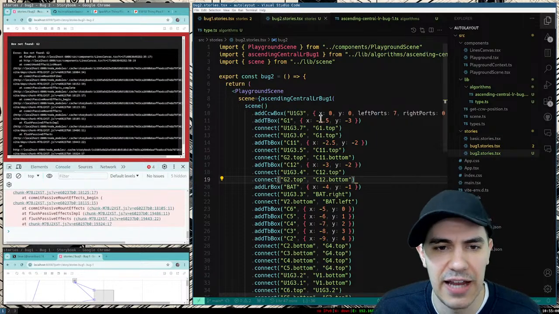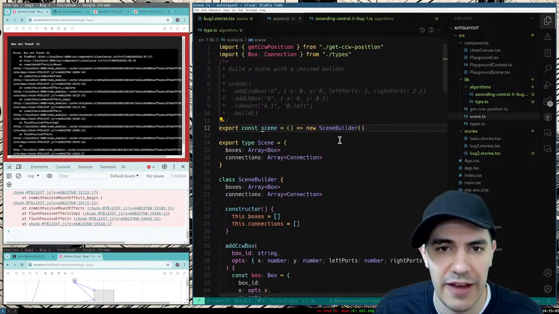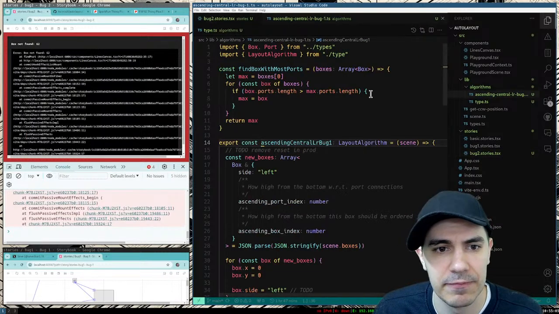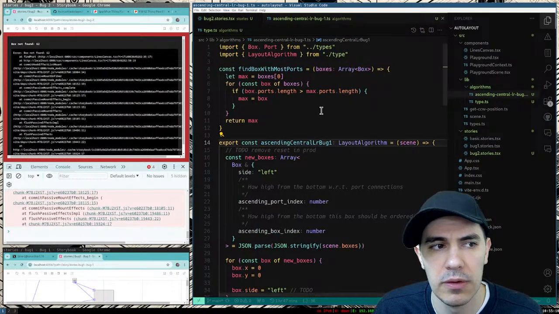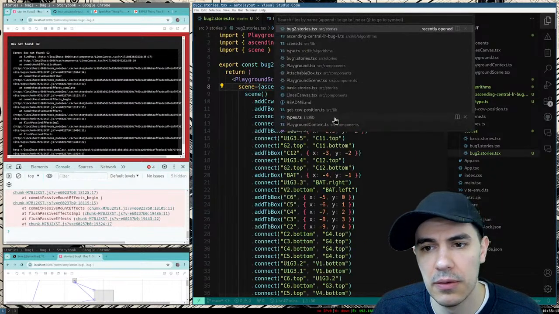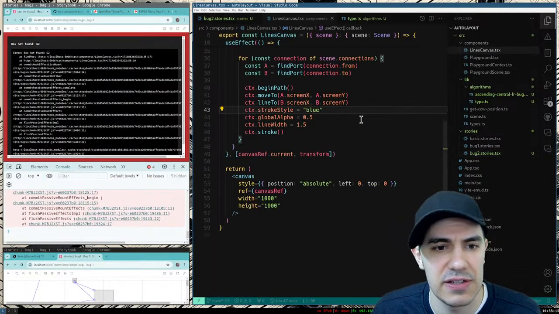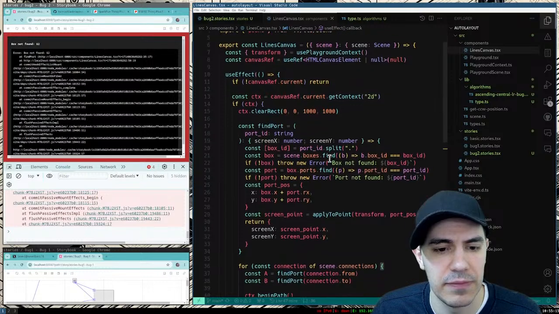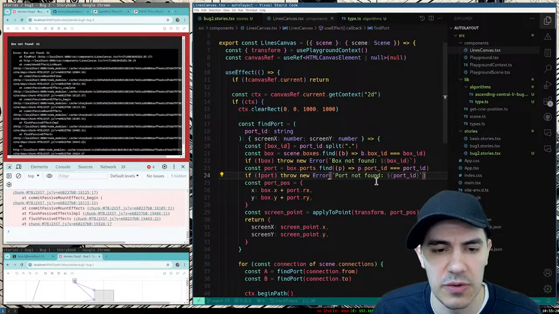Let's make this guy not error if you have an undefined connection. That's going to be in the lines canvas. I think it throws an error. Yeah. So instead of throwing an error,